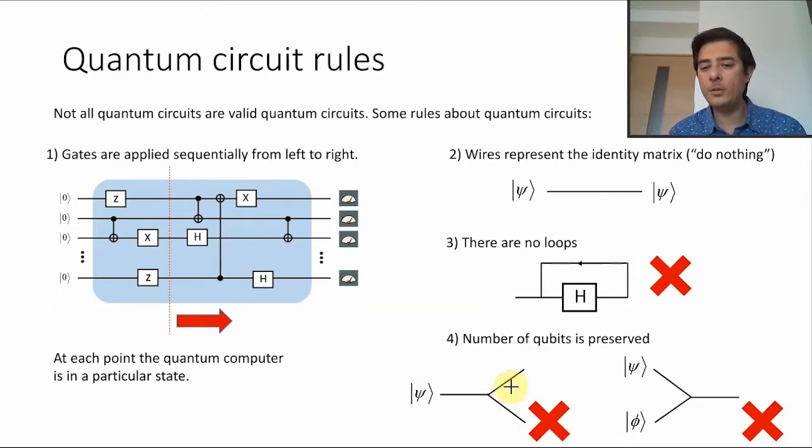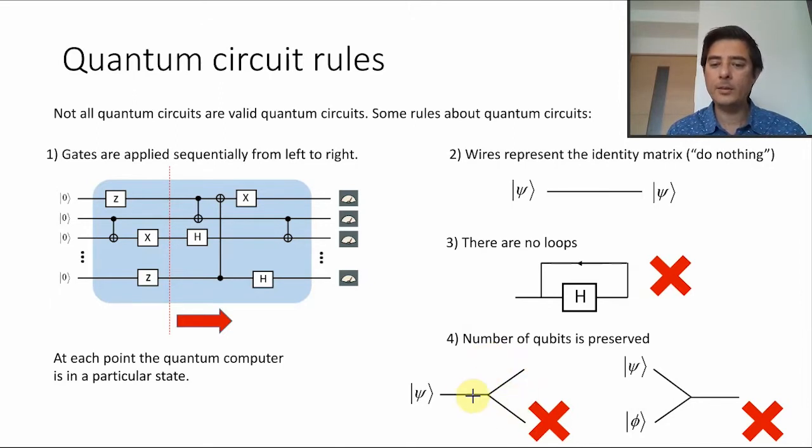Sometimes you do have things that look like this, and we'll talk about this a bit later. But in classical circuits, often you do have this because it's actually copying the state. It means that you sort of copy the state. Turns out in quantum mechanics this is not possible. Talk about this later,